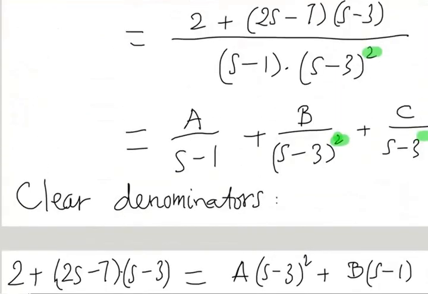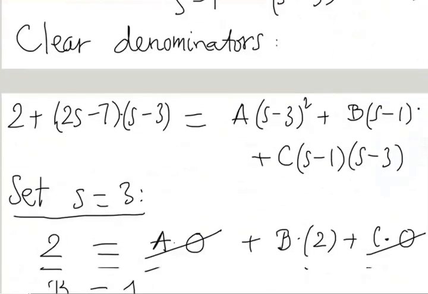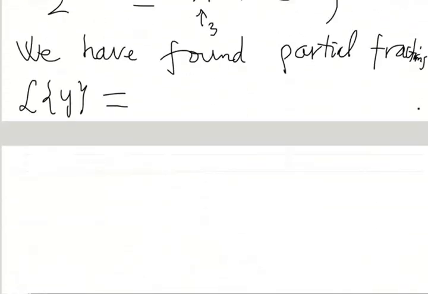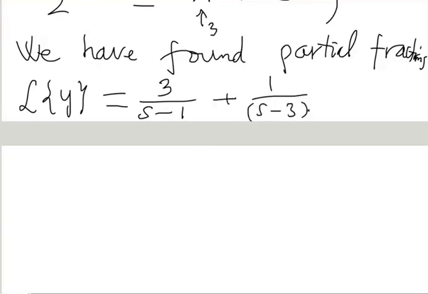We have a over s minus 1, and we know that a is 3, b is 1, and c is -1. Rewrite that: 3 over s minus 1, b is 1, so 1 over s minus 3 squared, and c is -1